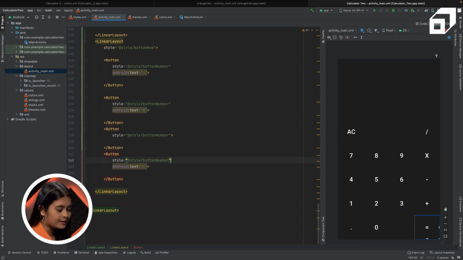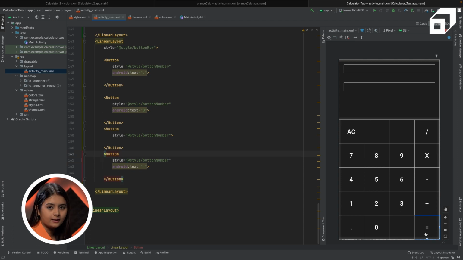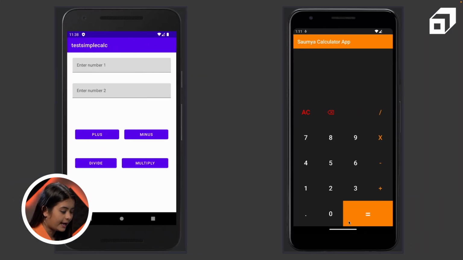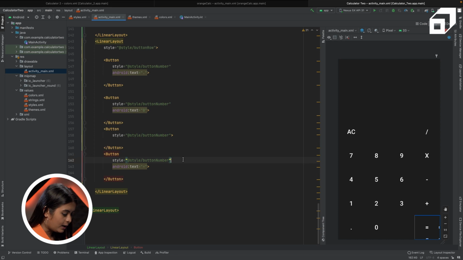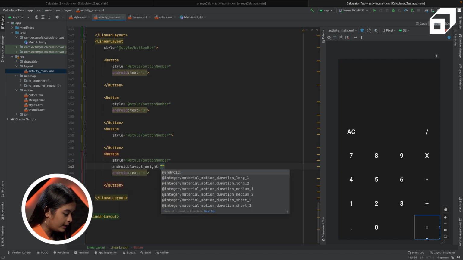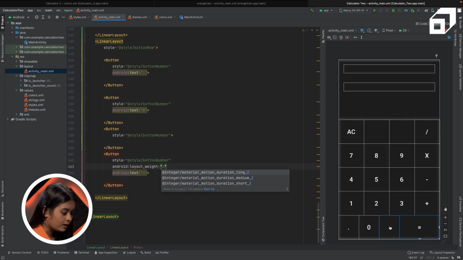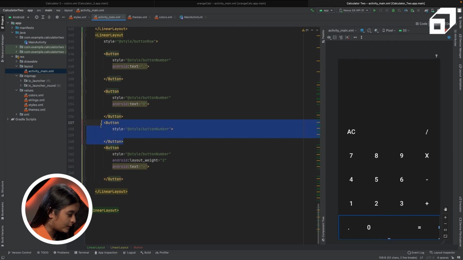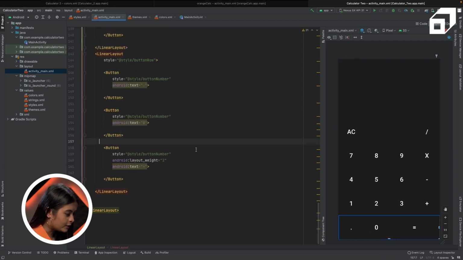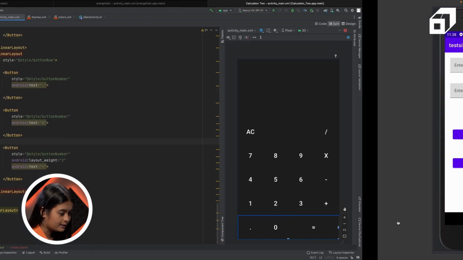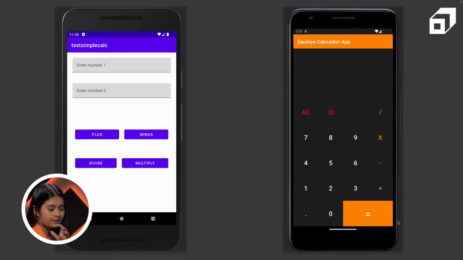Now we have to increase the weight of this equal button so that it occupies this kind of a space. For that, you have to use the layout weight and give it value 2. We don't want this extra button, so let's quickly remove it. Now if you observe here, for some of the operation buttons, there is a different